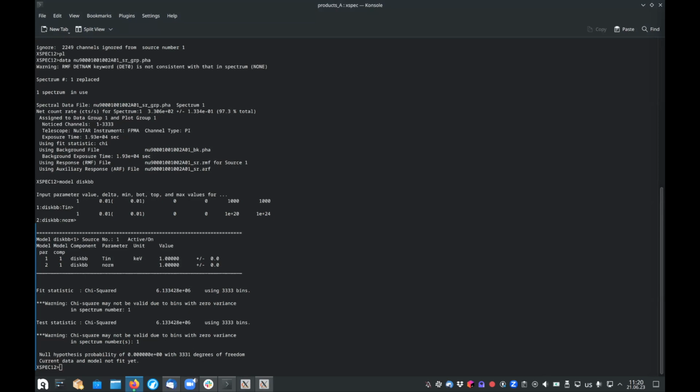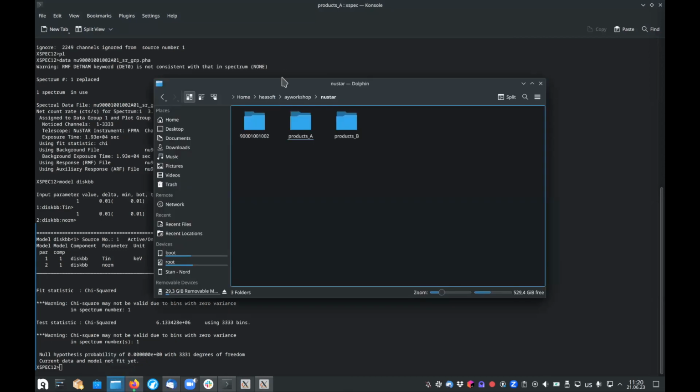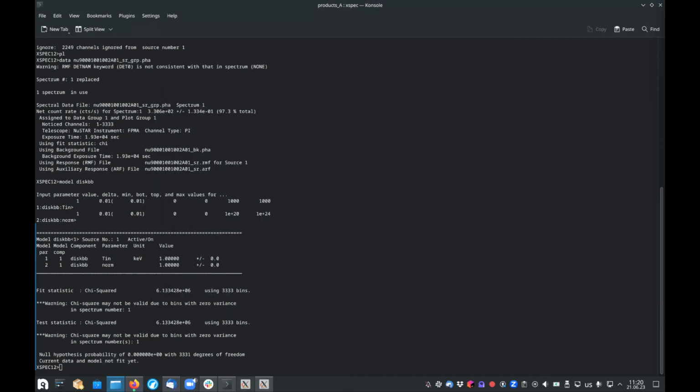So you need to ignore those energy bins, but this will not be only specific to the high and low tails of your spectrum. There could be other bins throughout your spectrum that behave the same way. So it's always better, especially with NuSTAR, to ignore the bad channels that are flagged while you extract your spectrum. So if you say ignore bad again,